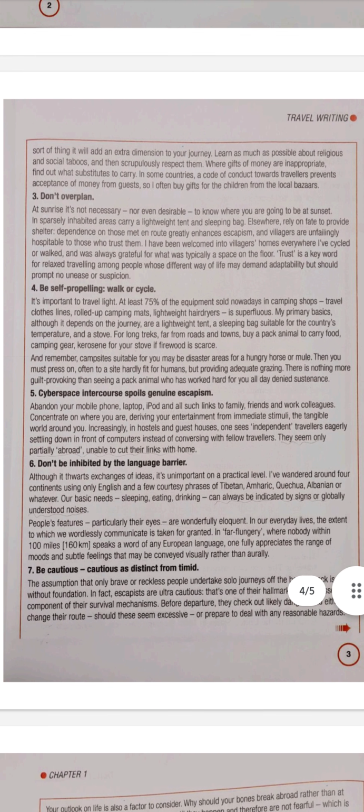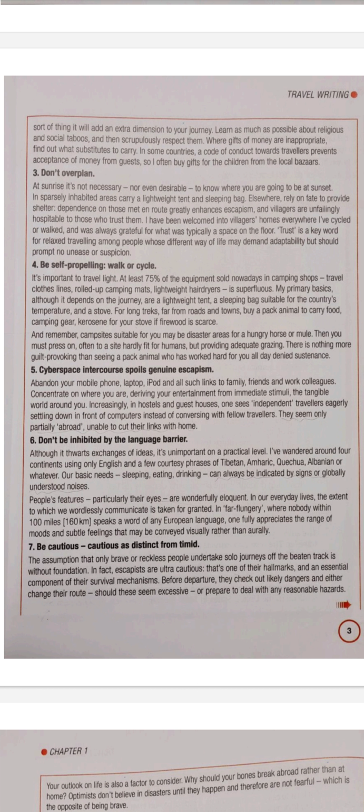Number 6, don't be inhibited by the language barrier. Don't be stopped. Don't be prevented. Although it thwarts exchanges of ideas, although it prevents, the same meaning basically as inhibited, it's unimportant on a practical level. I wandered around 4 continents using only English and a few courtesy phrases from Tibetan, Amharic, and Quechua,